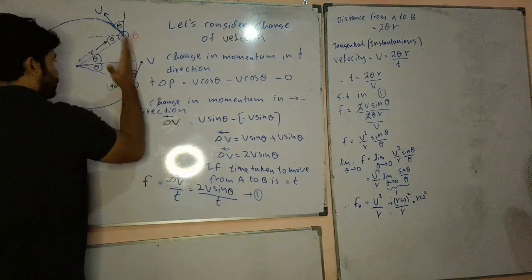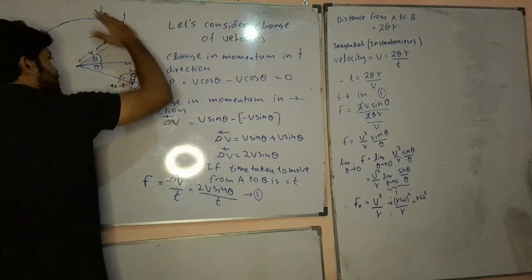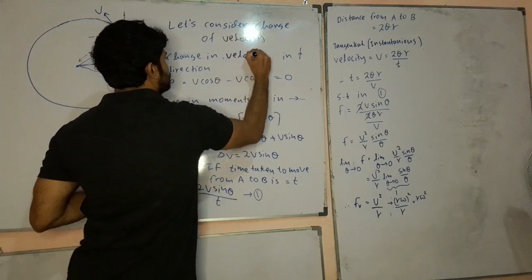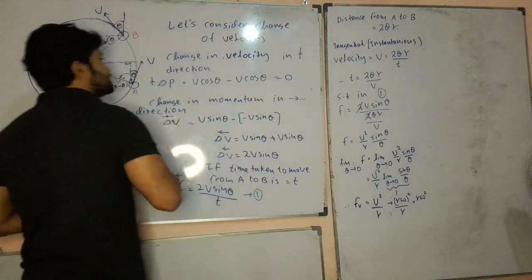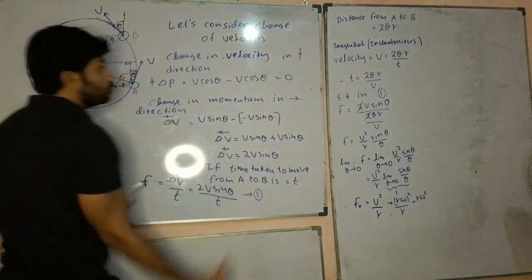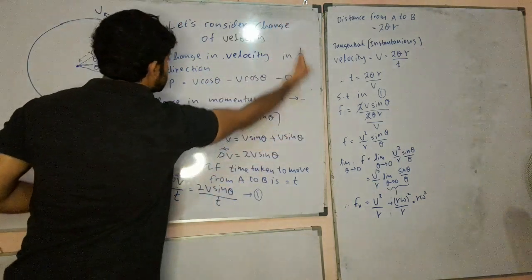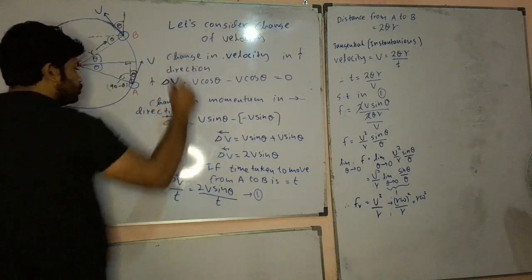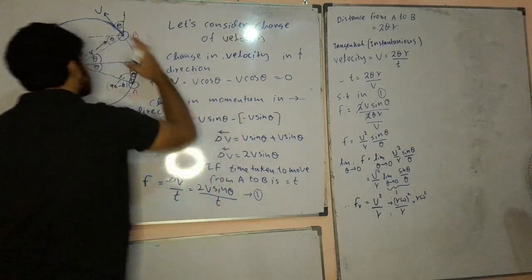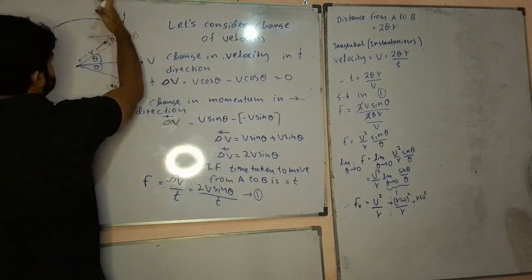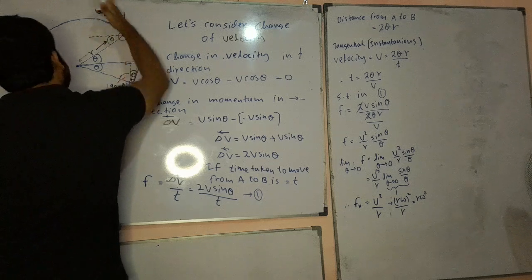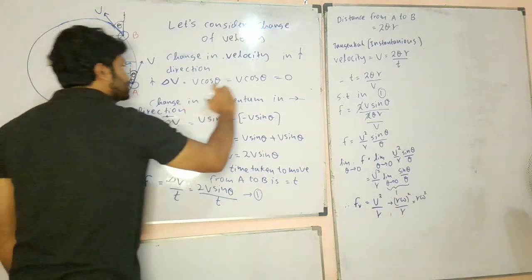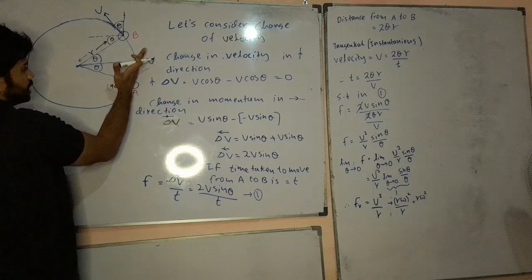Look at this. The capital A, when you resolve, and this is my final position here, change in, not the momentum, we have made a slight mistake, change in velocity, if you carefully observe, right? A change in velocity in the vertical direction, when you analyze, I consider the upward direction here. So here delta V, you can identify V cos theta. Why is that? This is my final velocity when you resolve it towards that direction and this direction. The vertical component is V cos theta minus, so this one, final one, same